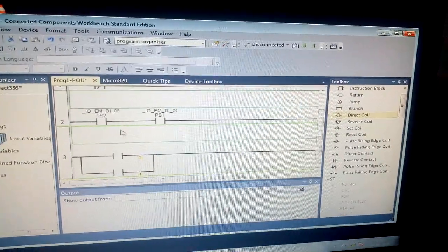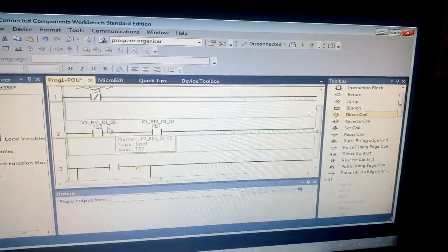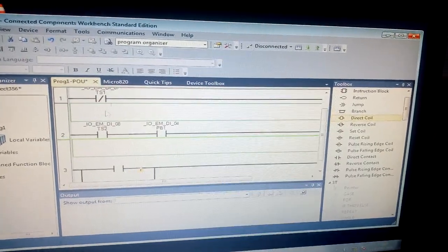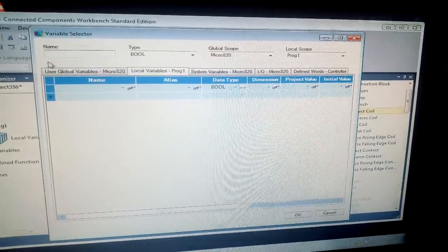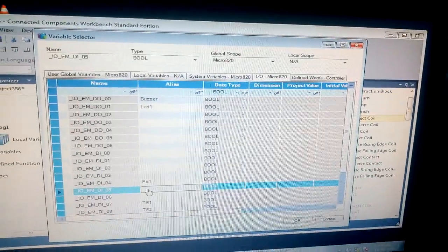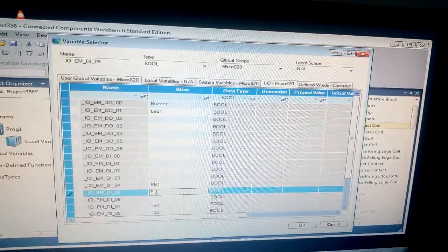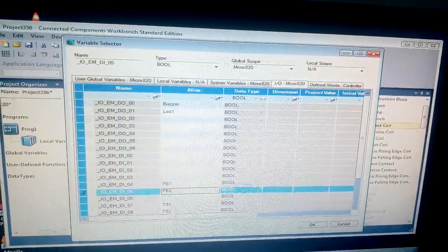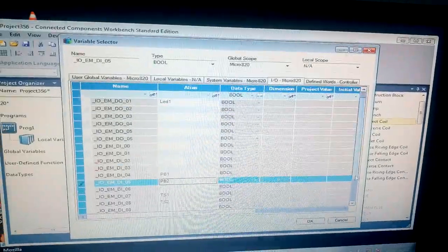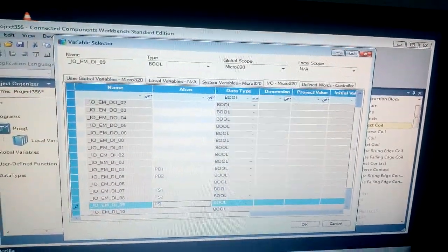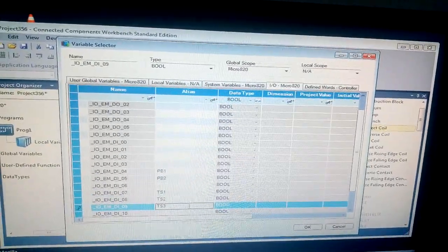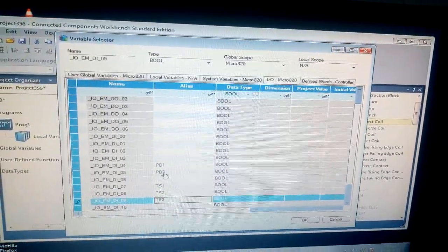Now as for which inputs are left, we have finished push button 1, toggle switch 1 and 2. So here I can use, again assigning, push button 2 and toggle switch 3. Okay, so 5 is for push button 2, sorry.